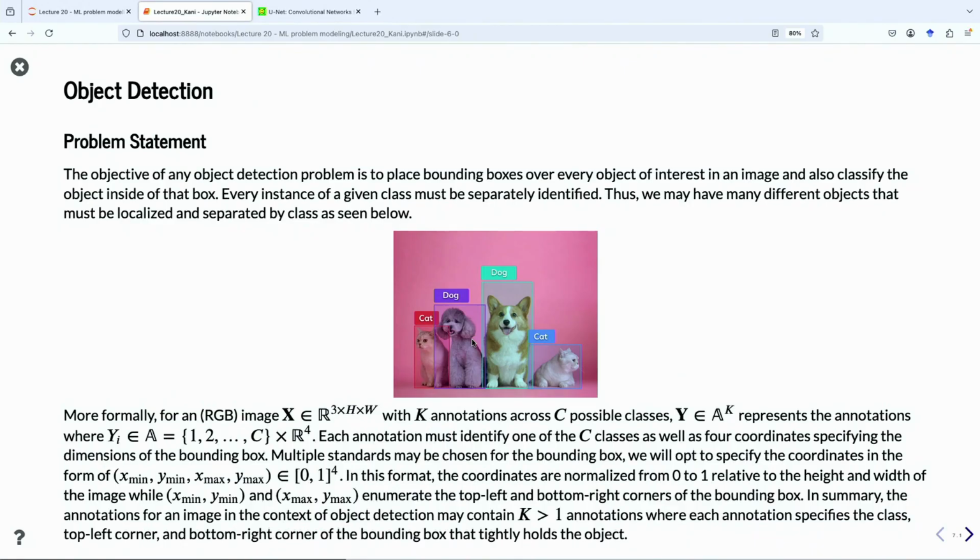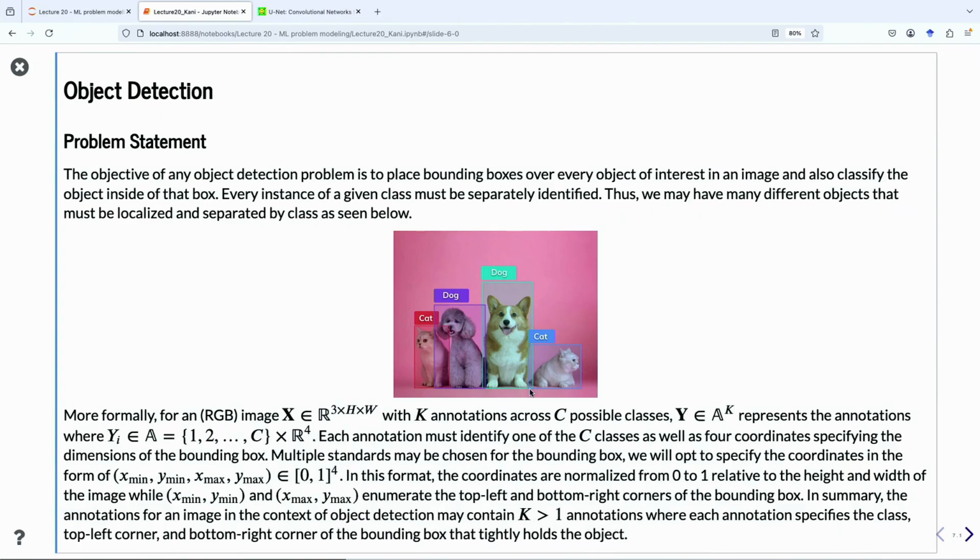Whether you're doing a video or a single still frame image, the concept is pretty much the same. You have an RGB image, which typically has 3 channels, a height and a width, and some K annotations.